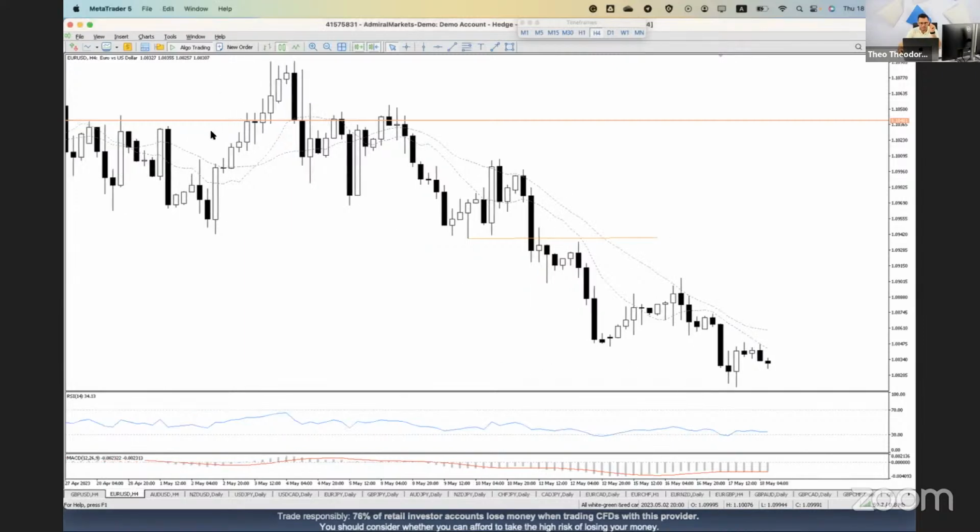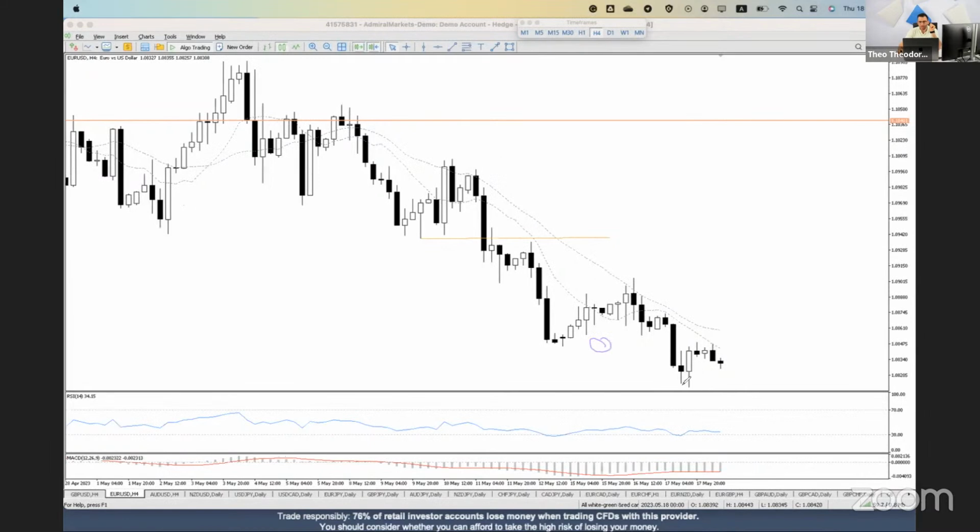Divergences here, write this down, they don't tell us that a new uptrend will start. The divergence tells us that this move to the downside is over. And therefore, we expect to have some buying pressure coming into the market. But at some point, this buying pressure is going to meet the supply from the sellers, and the price is going to continue in its original direction.